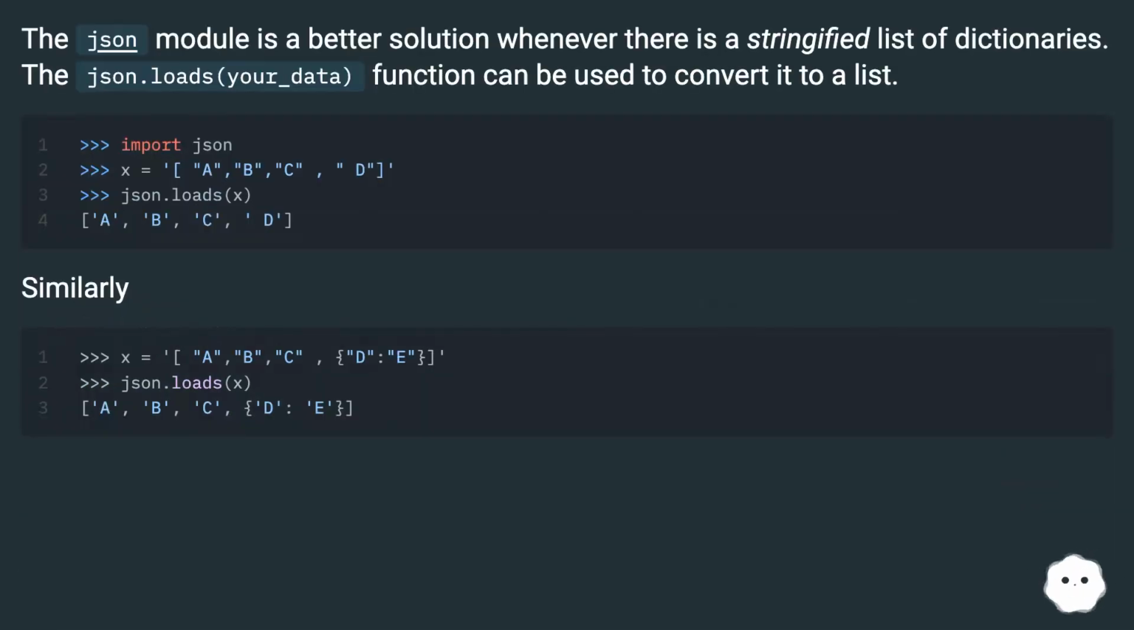The json module is a better solution whenever there is a stringified list of dictionaries. The json.loads function can be used to convert it to a list. Similarly,